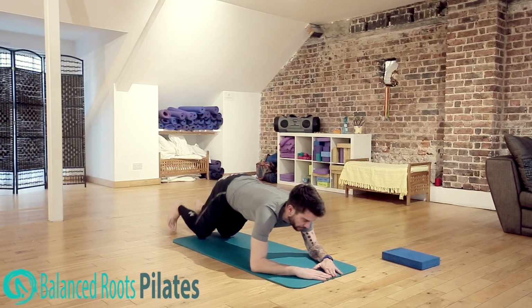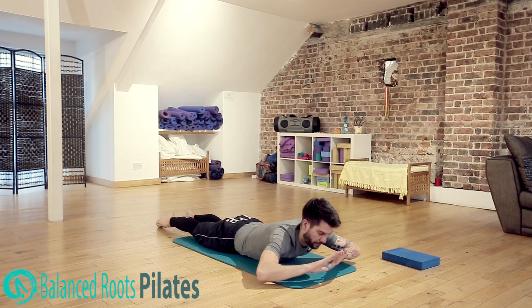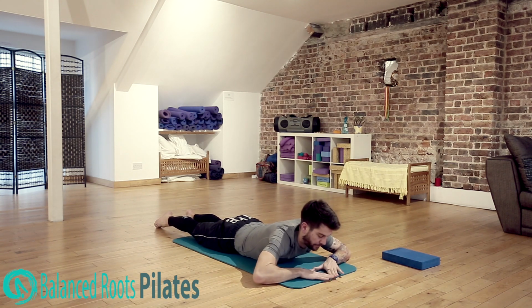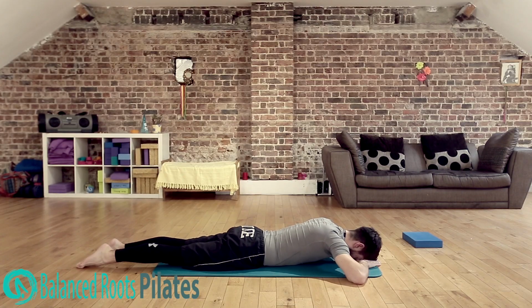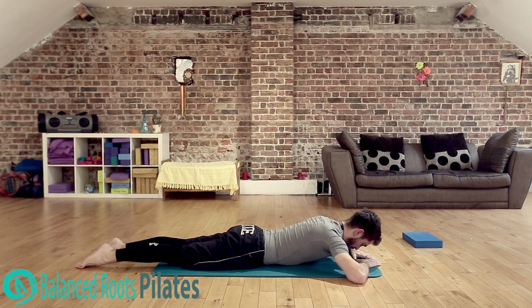And then you're going to be coming onto your front. You're going to make a triangle with your hand, place your forehead in the triangle, and just take some time to sink your body into the mat. So we want everything from the middle of the back down, nice and relaxed, and we're going to do little extensions of the back. So tiny little movement,